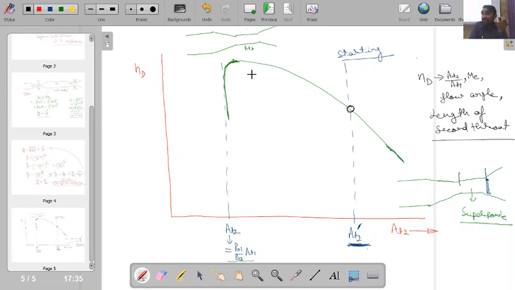This is the reason that whenever people design diffusers, it is generally said that it is more of an experiential art rather than actual theoretical design. Because whatever theory we are studying here is for a very selected set of